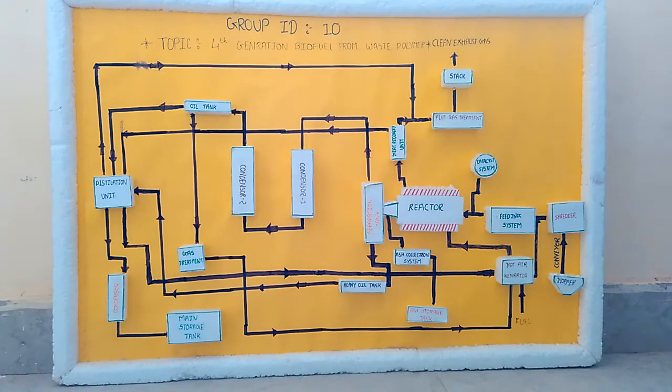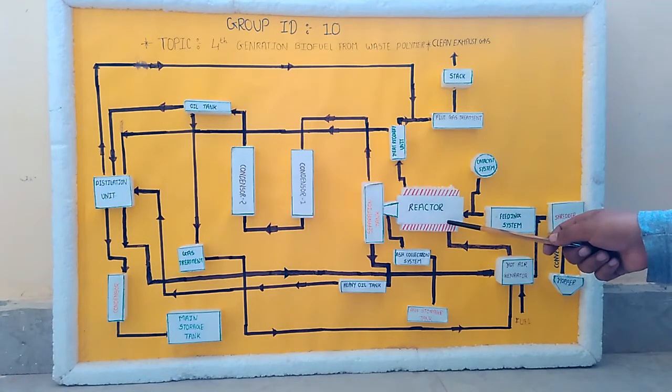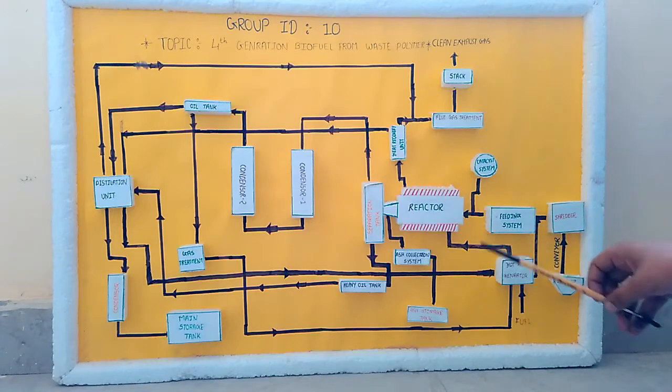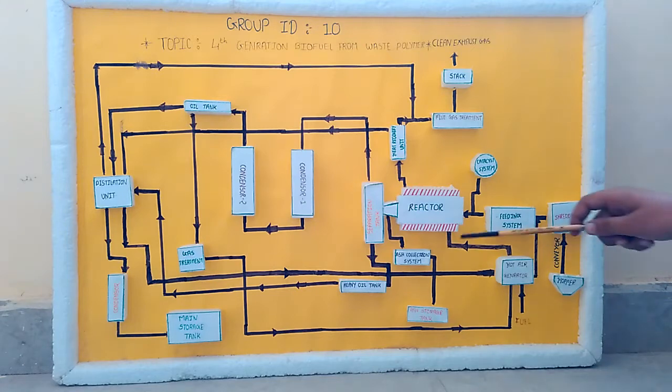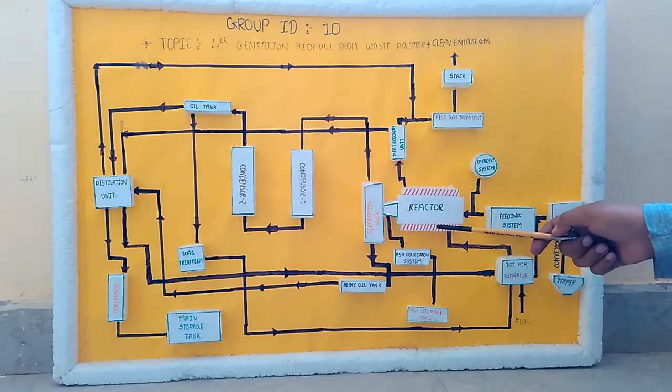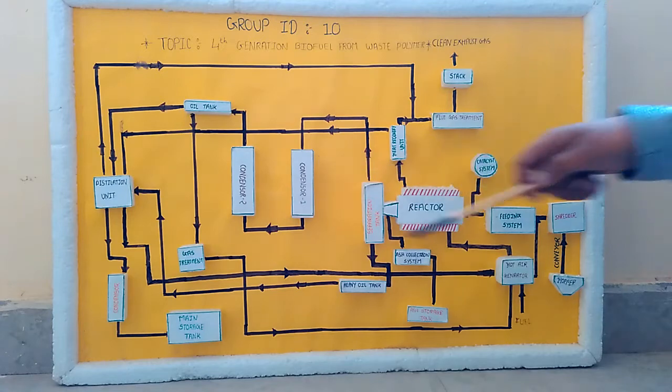First of all, the waste plastic is cut into 3 to 5 size pieces to fit into the reactor, using a shredder. A vertical reactor is used for thermal cracking. This reactor is used for the thermal cracking of the waste plastic. Temperature used ranges from 100 to 400 degrees Celsius in this reactor. When temperature is increased to 270 degrees Celsius, slurry turns into vapor and the vapor then passes through the condenser.